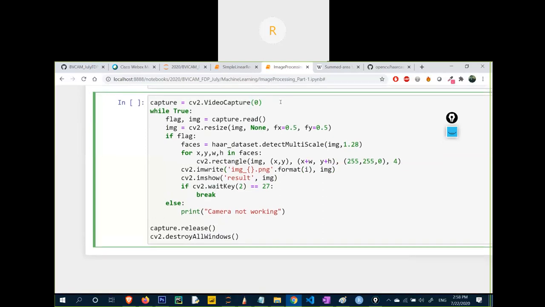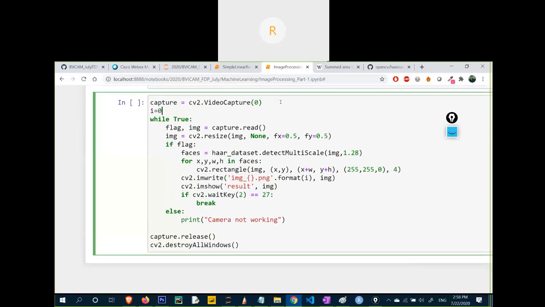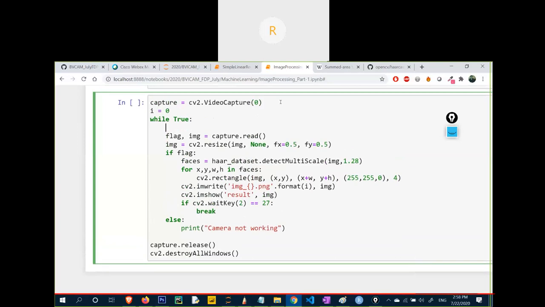What is the variable i? i is 0 by default.